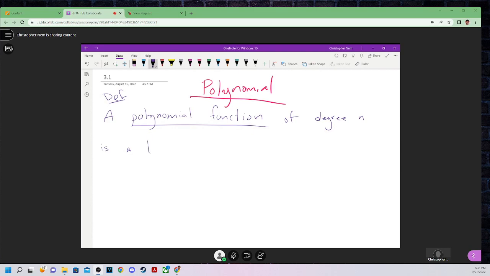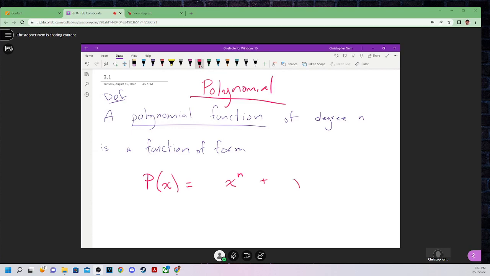Is a function, and it's going to have the form of a form. Now, instead of using f, I'm going to use the letter p for polynomial. You can still use f, it's just p is going to be more intuitive since we're working with polynomials. It's going to be a function p, and our variable, or what it depends on, our input, is going to be a variable x. And what this function is going to do to our inputs, it's going to take x, raise it to your degree n,